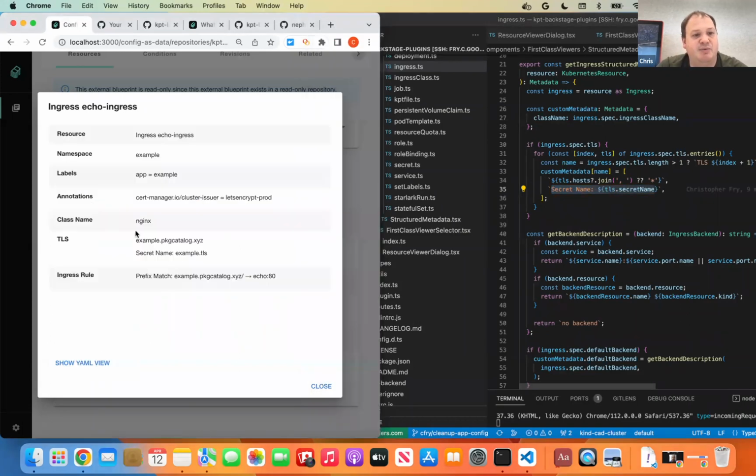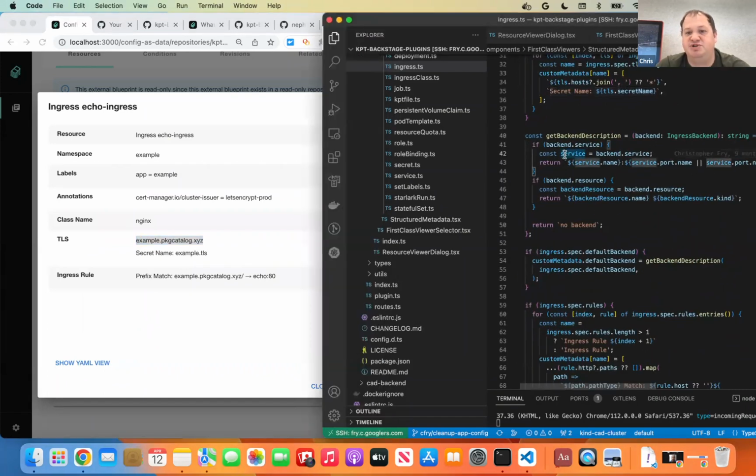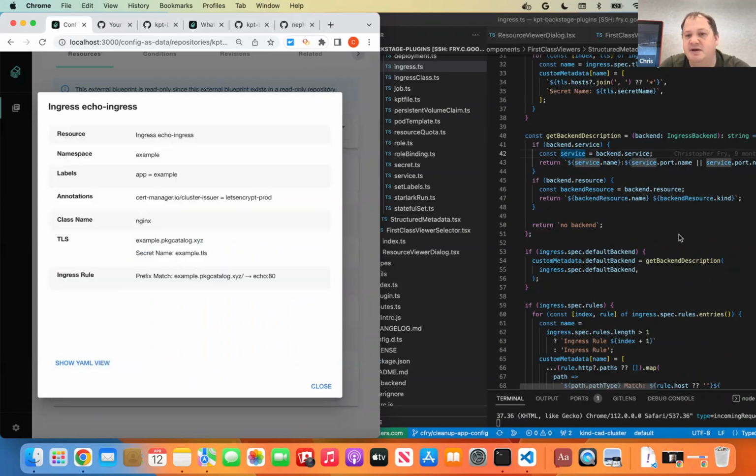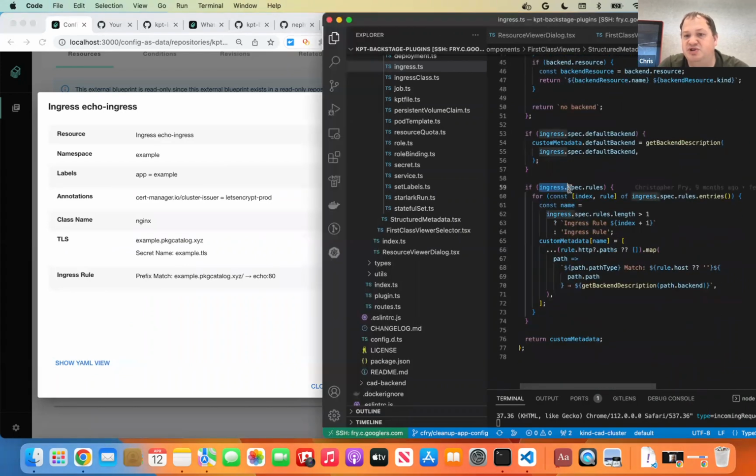So if we come back here, we can see secret name, example TLS, as well as a path. And if we go a little bit further, we should see that we do something for the ingress roles too, where we have roles. We can see example package catalog, the paths, and we can see that there's a little bit of logic right here, creating that structure too for the various ingress roles. There happens to be one ingress role, so we just title it ingress role,